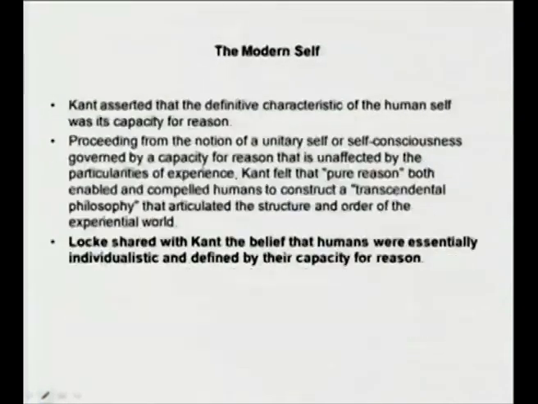Who is the modern self? Although many participated, some of the more influential theorists were Kant, René Descartes and John Locke. Kant asserted that the definitive characteristic of the human self was its capacity to reason, proceeding from the notion of a unitary self or self-consciousness governed by a capacity for reason that is unaffected by